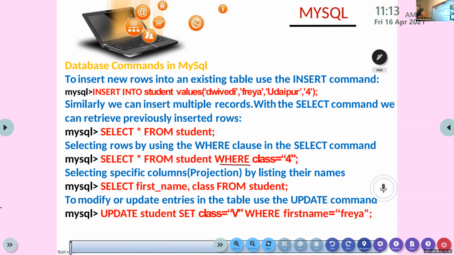The meaning is that the details of the students who are from class 4 will be selected. Then if we want to select specific columns, you need to write select first underscore name comma class. So there you need to use the comma.